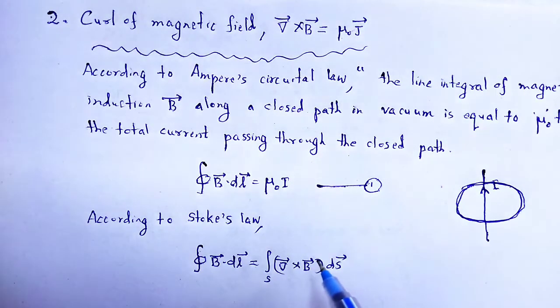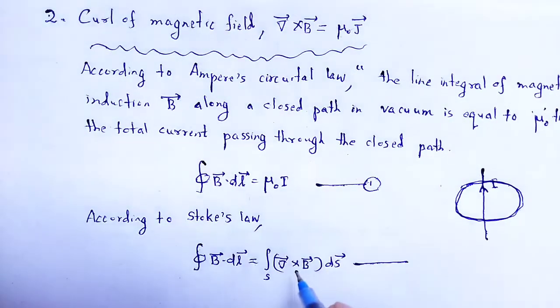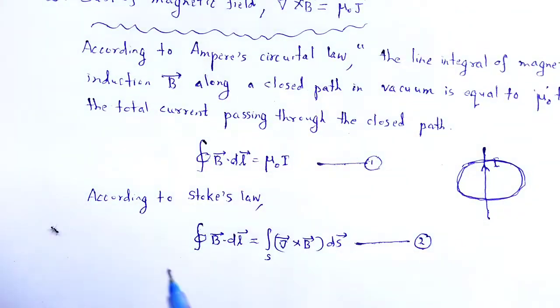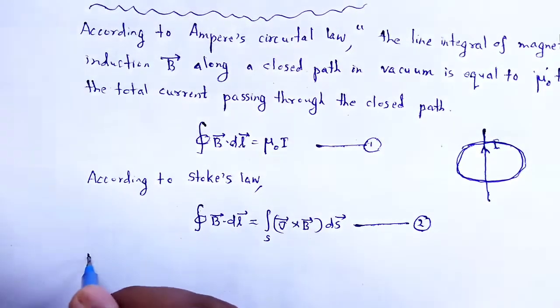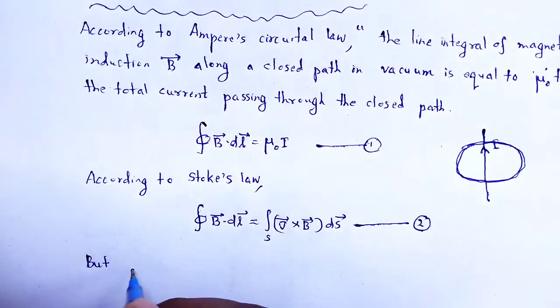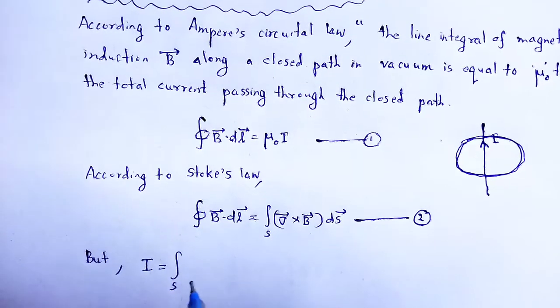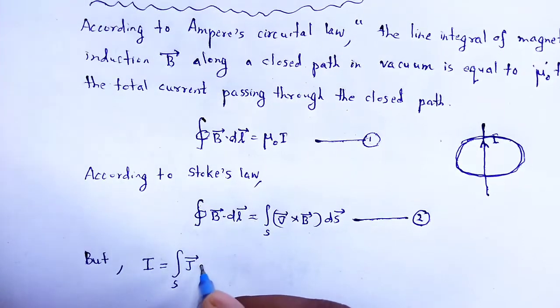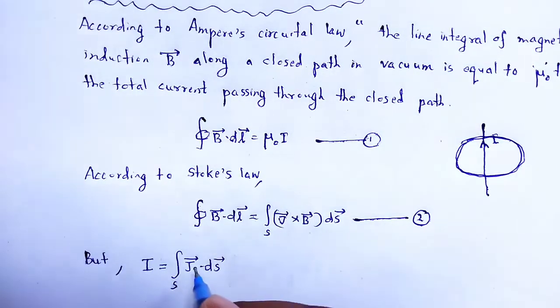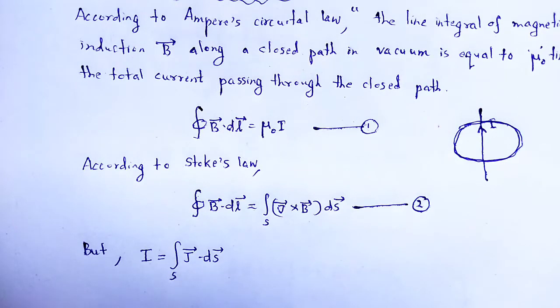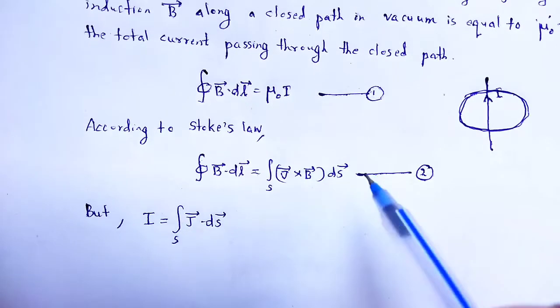Here the surface integral is not over a closed surface, that should be an open surface, that we studied in case of Stokes law. But from the definition of current, I is equal to surface integration over J dot ds, where J is the current density. Therefore, from equation 1 and 2,